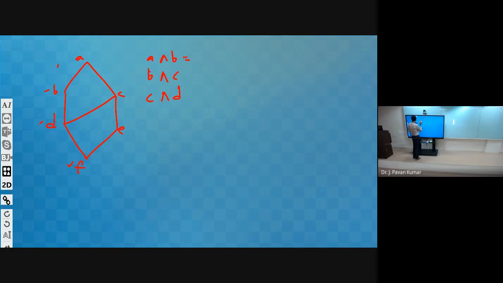Greatest lower bound. BDE, BDF, what is the greatest lower bound? It is B. Similarly, B and C, that is B meets C, where these two are meeting. By seeing the diagram itself, we can say the lower bound for B and C will be D and F, and out of those the greatest one will be D. Next, C meet D. What will be the lower bound of C comma D? D, F. Out of those the greatest one will be D. So C meet D means D.